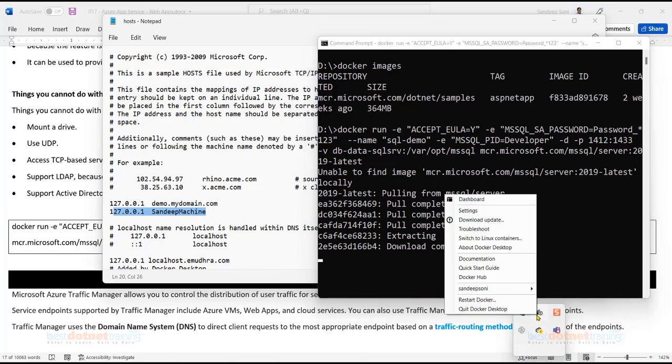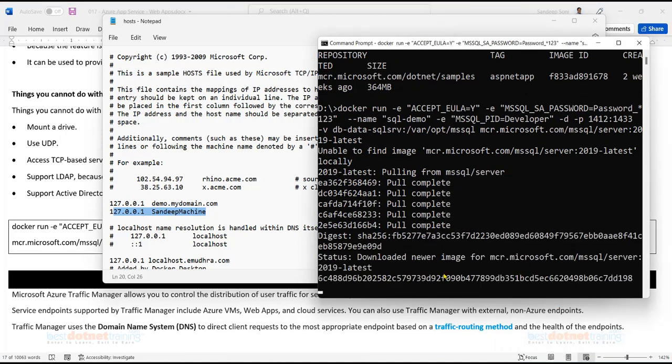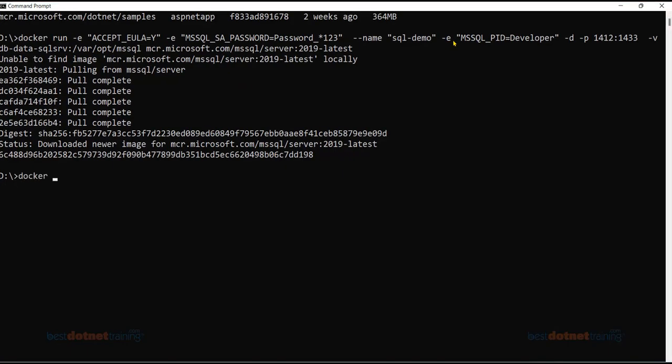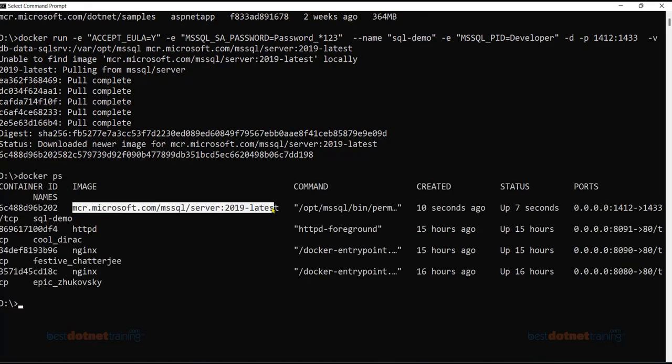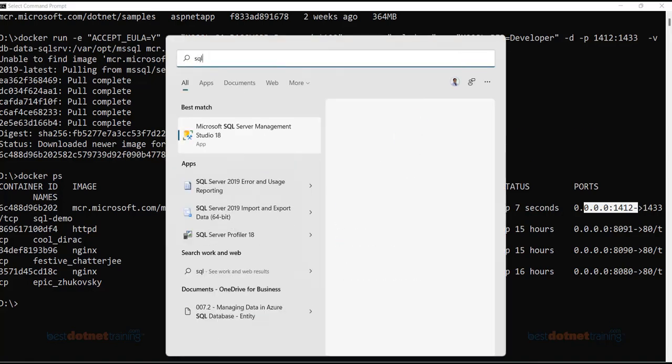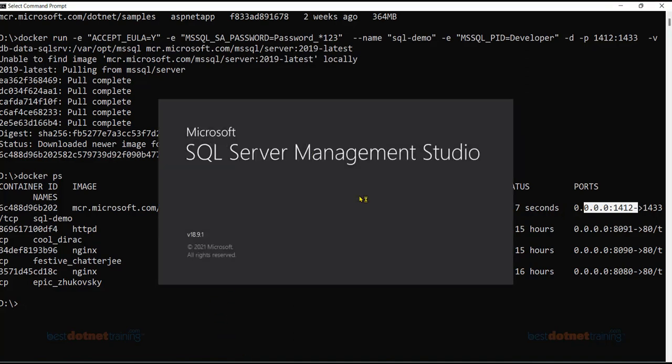So the image is being pulled, the container is created, and that Docker container is actually running. SQL Server Docker container is running on port number 1412. So we can confirm that this is all good by using SQL Server Management Studio. Go to SQL Server Management Studio and give here either localhost, 1412 is fine,